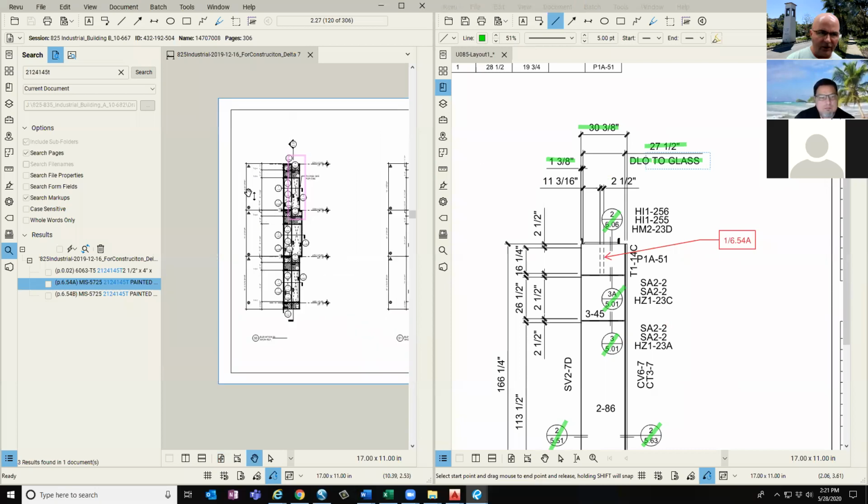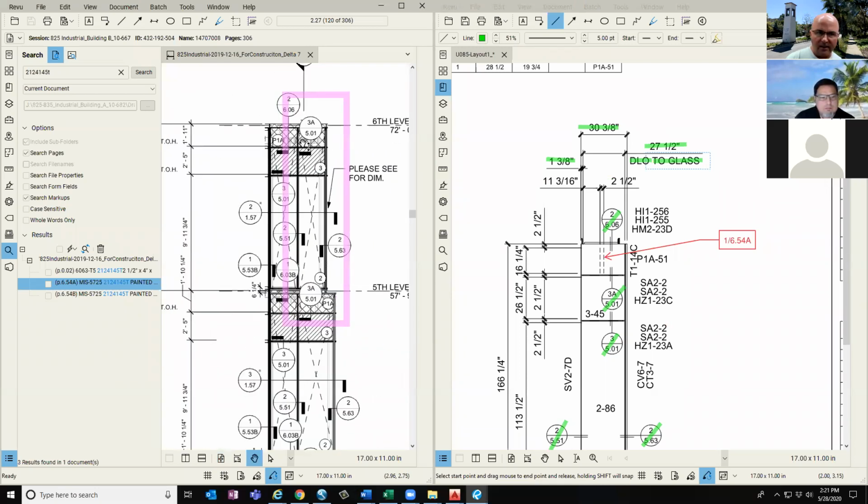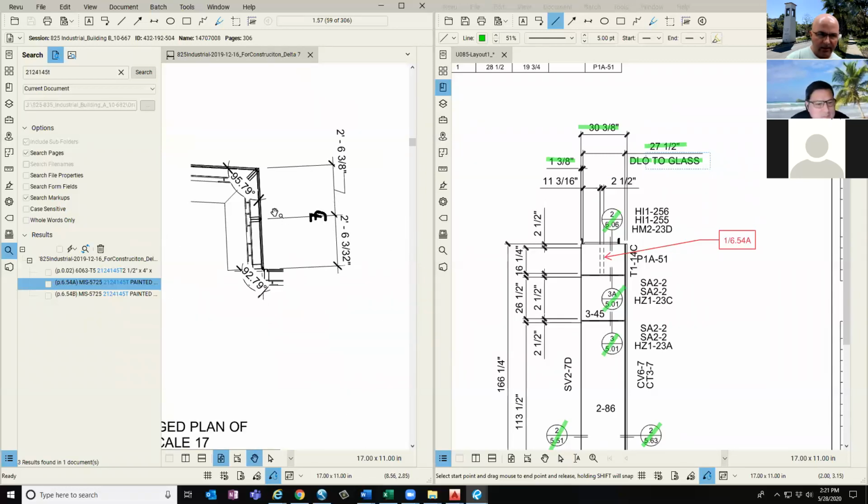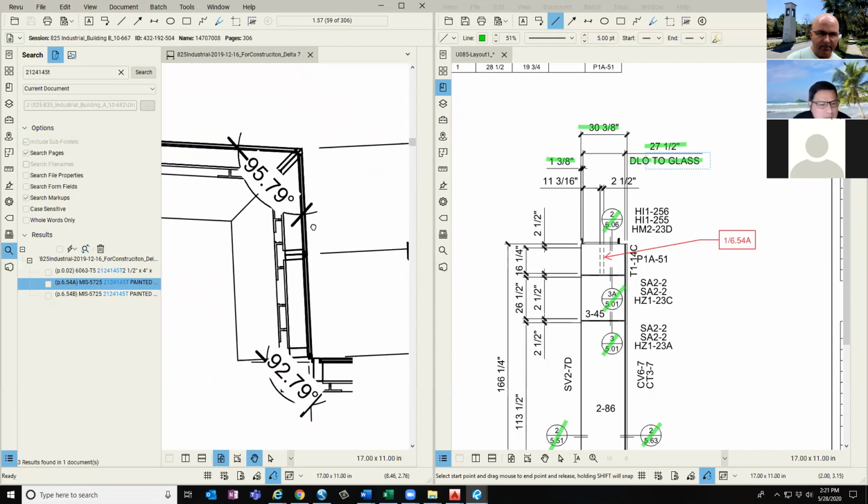If I go to my elevation, I'm not seeing anything specific on here. I do have a floor plan that's 21157. Okay, I've got a 21157. Well, I do see that the embed and the Mac clip is showing here, but I can't tell what it is dimensionally. So at this point, if I'm not sure, I might have to investigate this further. I might have to go to the embed plans. I might have to do some calculations based on how the embeds are spaced. I might have to call the drafter and have them do a live cut for me in Revit